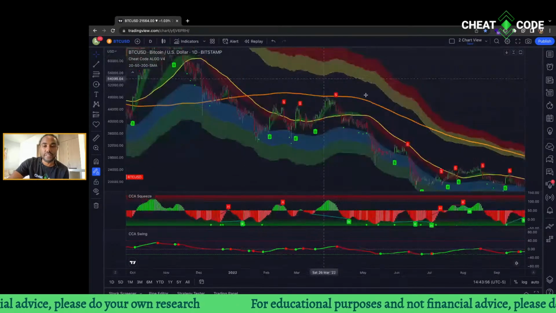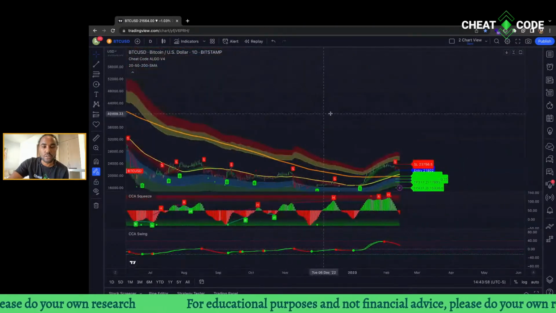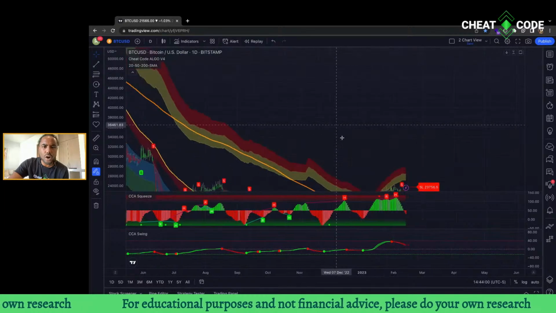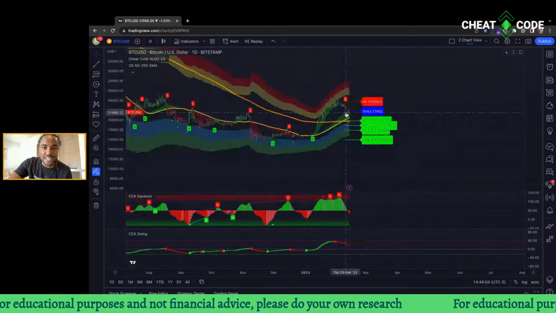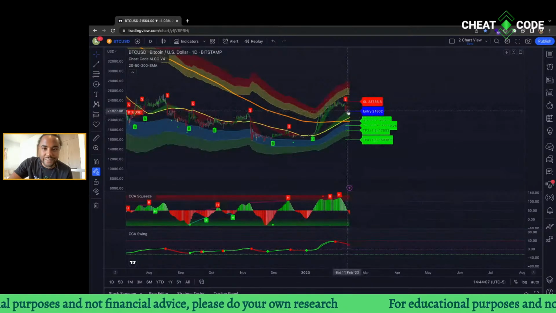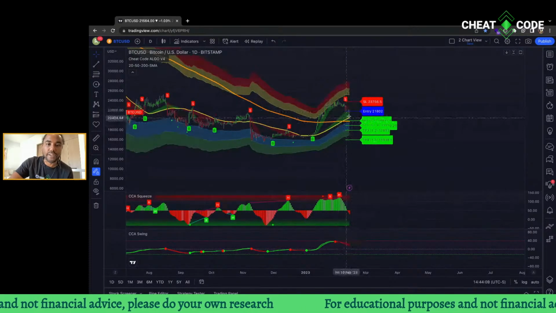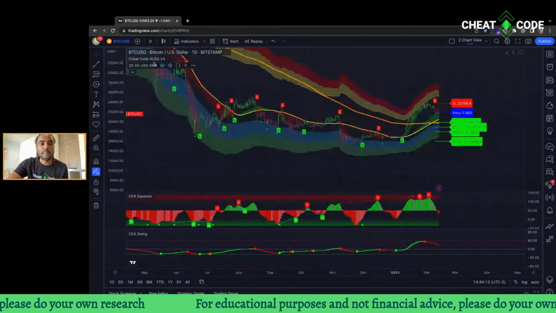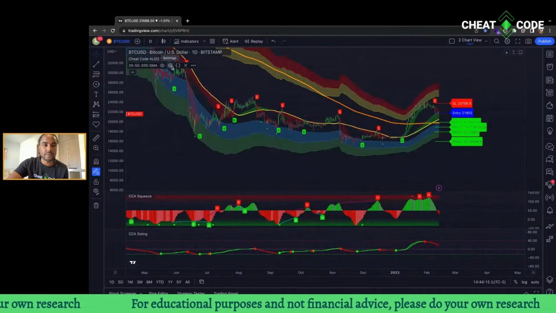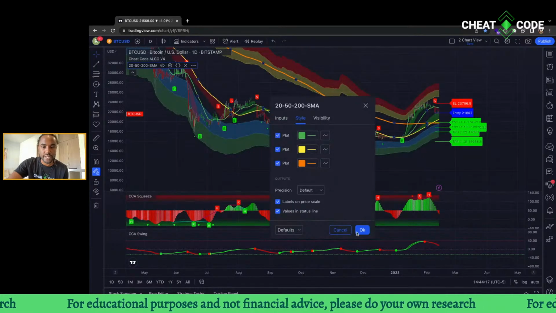Now, the opposite of that would be a golden cross, right? And so on the daily, we actually have a golden cross here. And you can see that's what could potentially give this support, right? You can see the trend cloud here giving this a little bit of support. But that's where your 20 comes in handy, right? So you want to turn on the 20 and see what that is plotting.